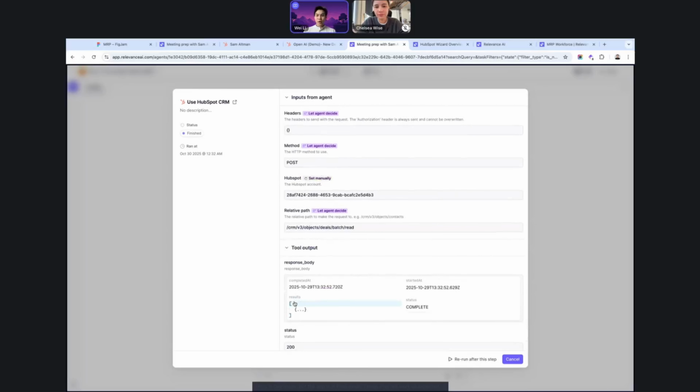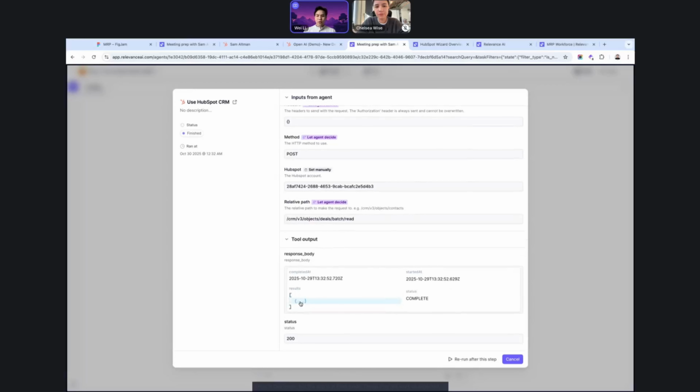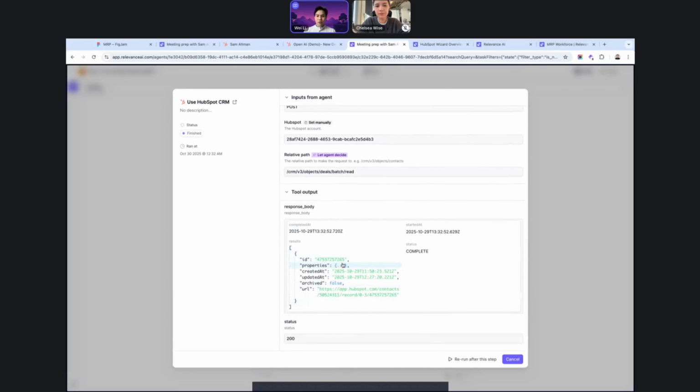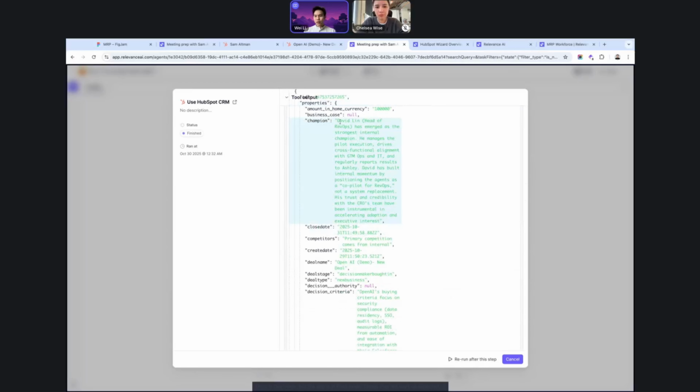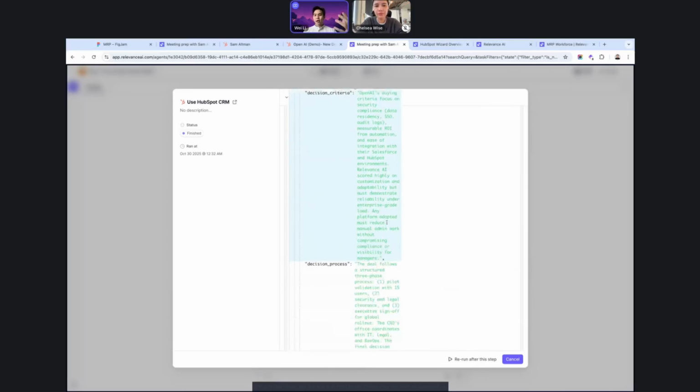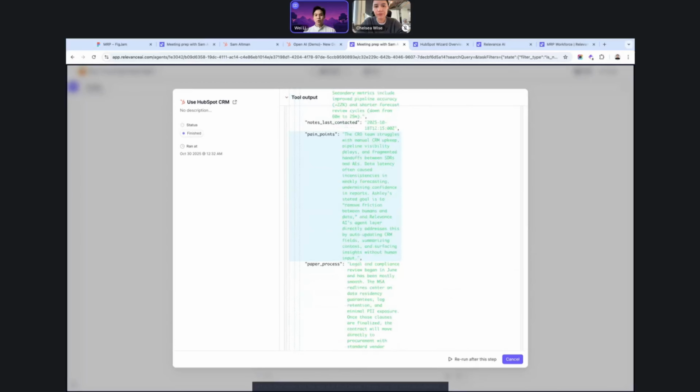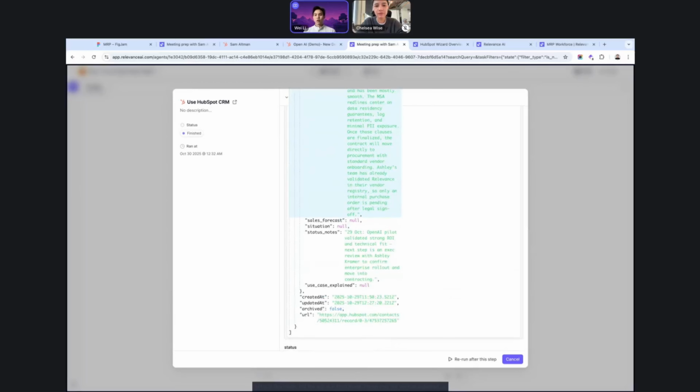These are the things that we fill in along the way. Because it knows that this is part of our sales process, it's able to look for that information specifically. And here is what it returns. All of this is done on a HubSpot call as a tool inside of the agent, and it returns the entirety of this context so that the agent has information to use in its next step.